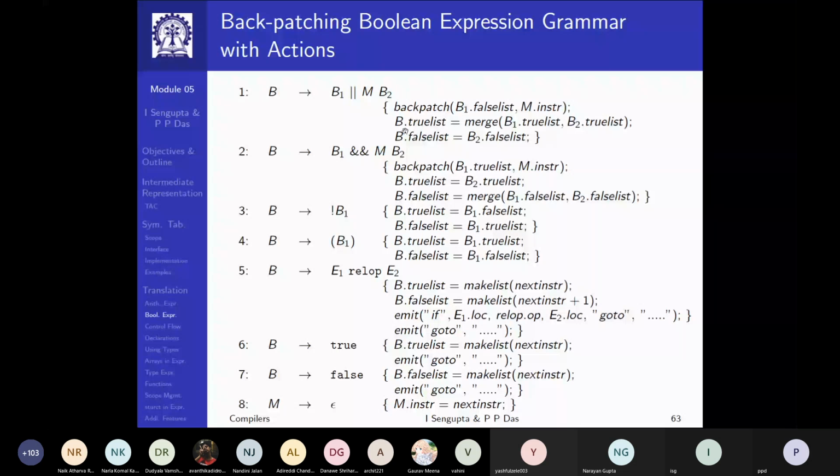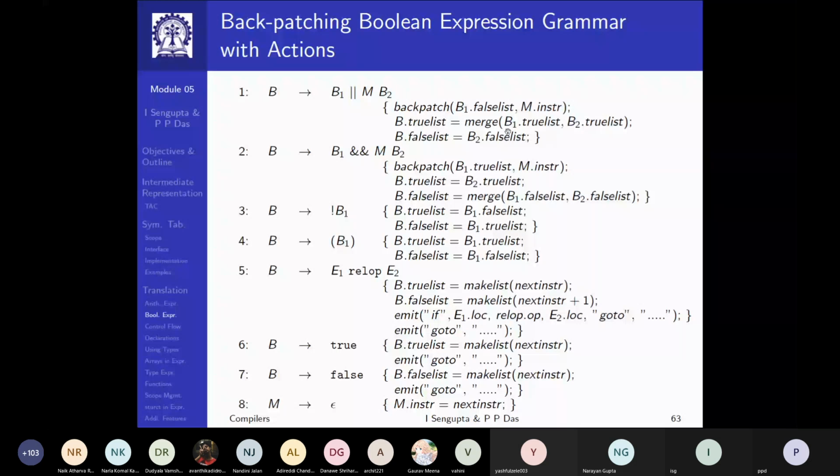At the same time, if B1 were false and B2 is evaluated to be true, then this whole expression is also true because it's an OR. So anything in the true list of B2 is also in the true list of B. So the true list of B is a merge of the true list of B1 and the true list of B2.